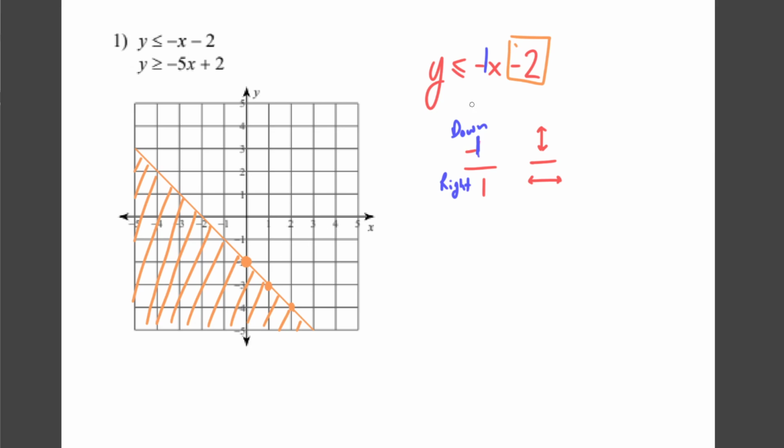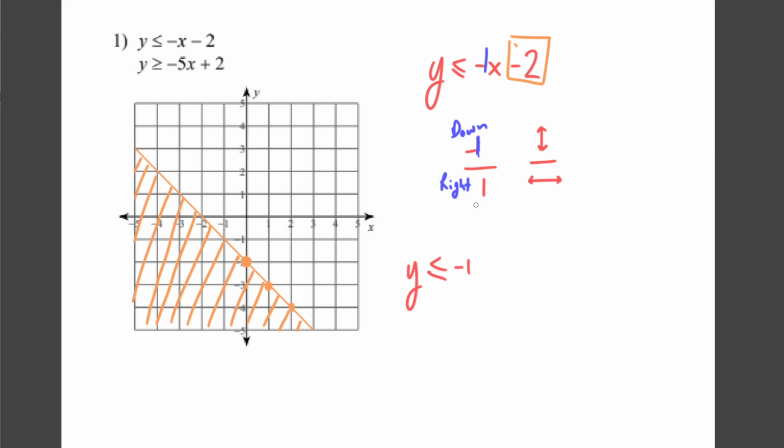Anything down in this area. So in other words, if I wanted to pick, let's say, 1 and negative 4, this point right here, for this equation, I know it's going to work because if I put y is less than or equal to, I have my